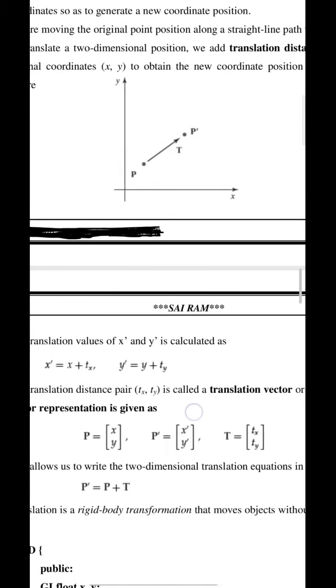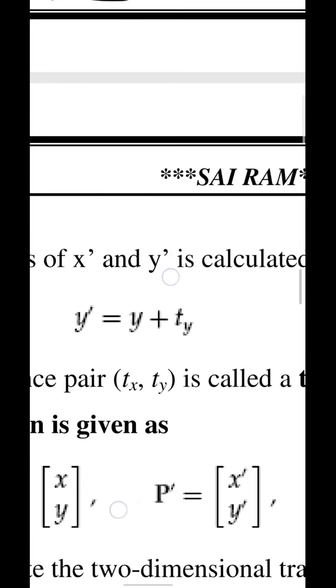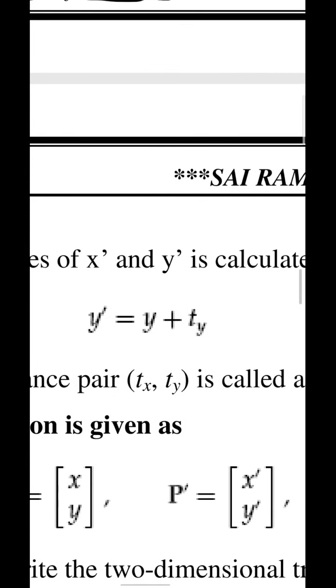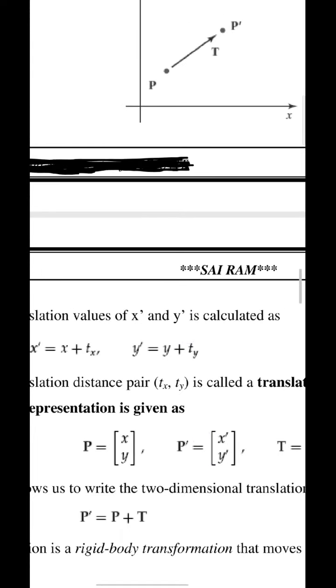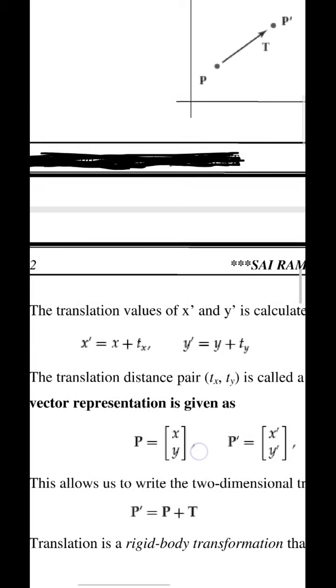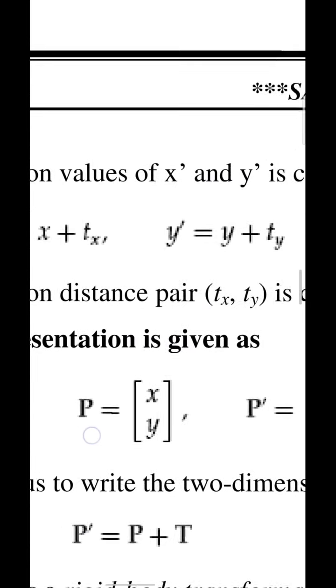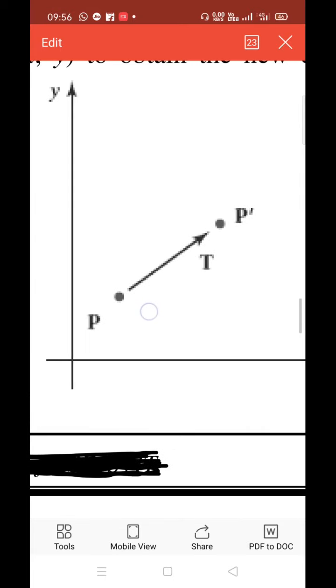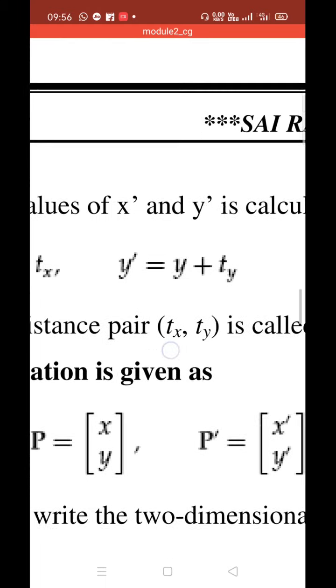Please understand this. This pair of values, tx comma ty, is nothing but the displacement value, which is called the translation vector. Now let's go for the matrix representation of the same. These geometric entities can be represented in terms of matrices, so let us see how to do it. Let p be the initial position. What is the value of p? Refer to the diagram. P is x comma y, isn't it? This is x comma y, this will be x dash comma y dash. Okay, p is x comma y. So x and y are represented as follows.